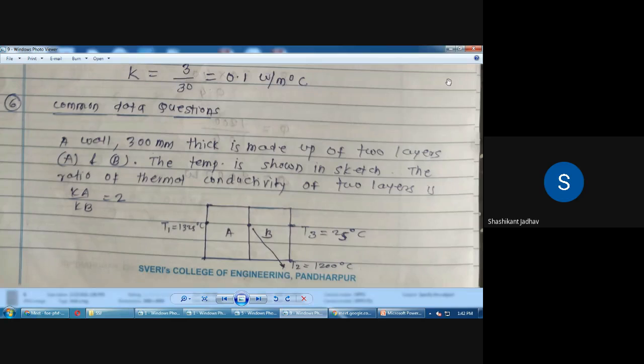QA QB सेम आहे, त्याच्यानंतर एरिया सेम असणार आहे. ओके, अँड आवर एम इज टू फाइंड आउट दी LA by LB, आणि KA by KB चा तुम्हाला रेशो दिलेला आहे 2. So from that find out the value of, okay,